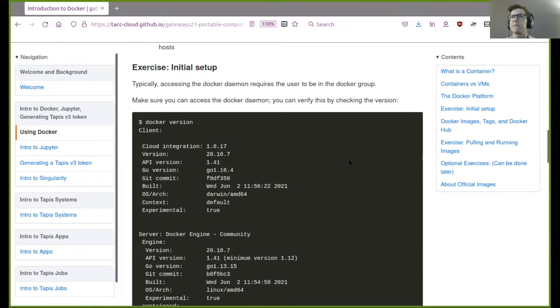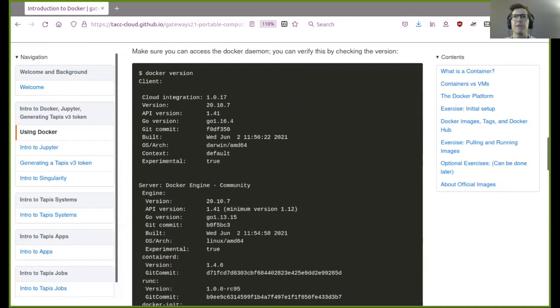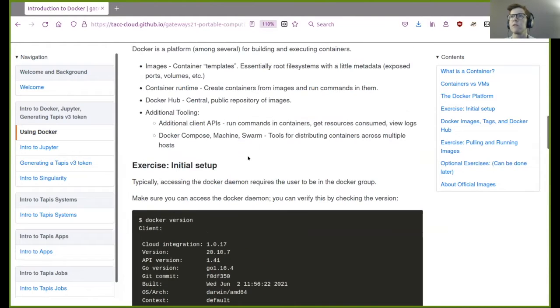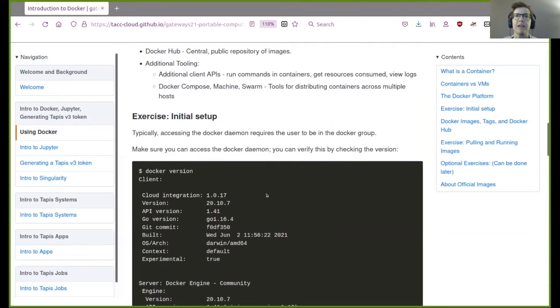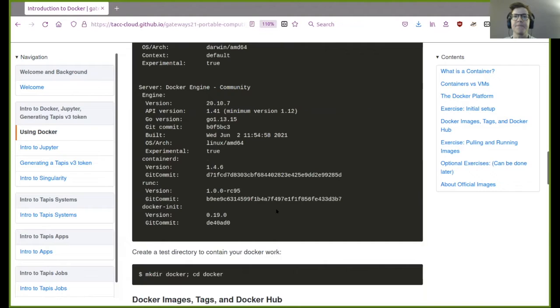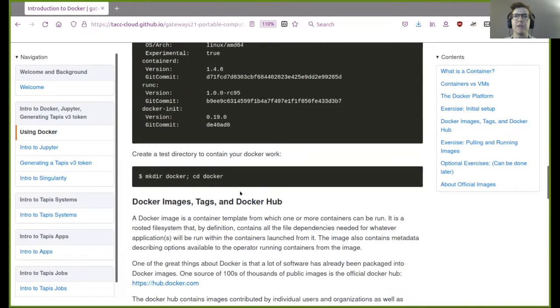I guess, can you all still see the screen here? Okay, cool. So now that we made sure Docker is running, we can move on here. So now we're gonna create a directory just to contain some of our work here. So go ahead and